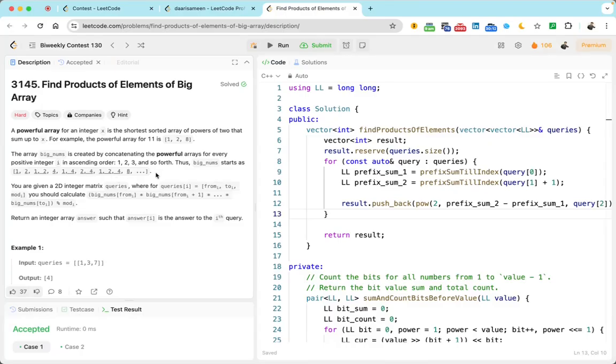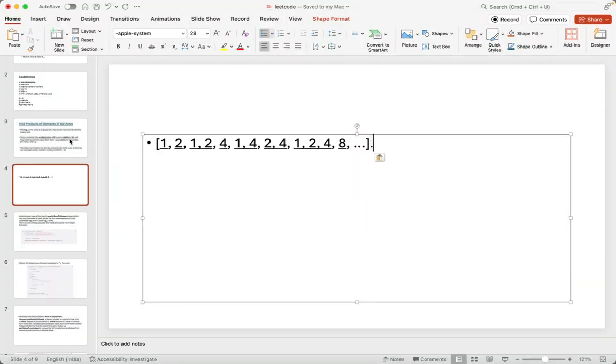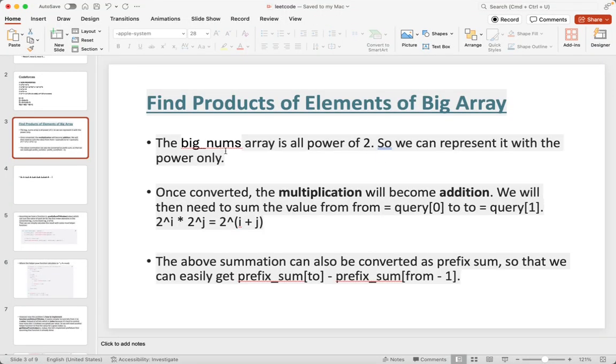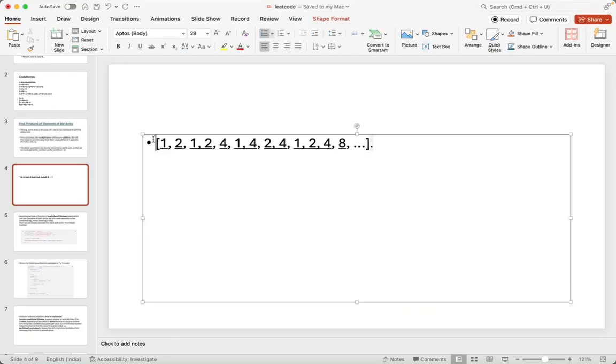Since this is the bignum array, if you read the first question, it says that the bignum array is all powers of 2, so we can represent it with the powers only. This is basically a power of 2, written as 2 power x, where x is